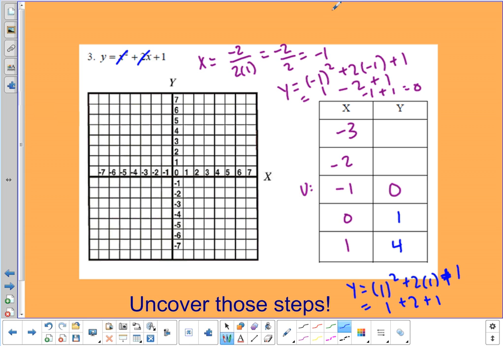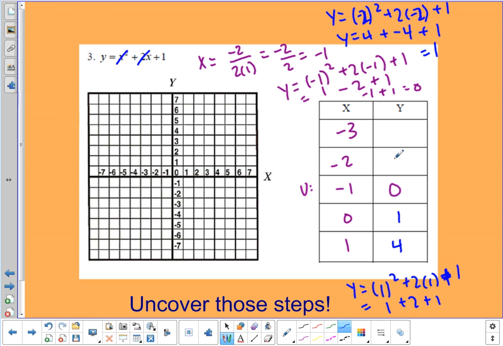Now plug in negative 1. Y is equal to negative 1 quantity squared plus 2 times negative 1 plus 1. That's y equals 1 positive, again, put it in parentheses. Oh, I already did negative 1. I should be doing negative 2. Sorry, my bad. I'm doing negative 2. So negative 2 squared is positive 4. Again, put it in parentheses in your calculator. You need to see that that's a positive 4. And then plus negative 4 is what that would be, and plus 1,